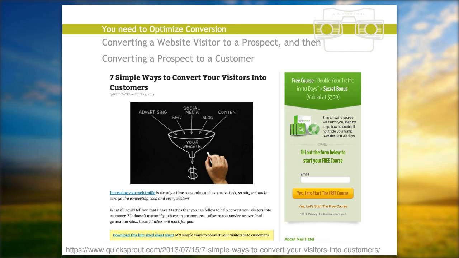So what you actually need before you start driving traffic to your website is to optimize for conversion. That might sound like a bit of a jargony term, but what it means is that you have a plan about how you're going to convert a website visitor from a visitor to a prospect, and then converting a prospect to a customer. And I think, Dorothy, that's what you were referring to. You're actually driving people to your website, but the question is, why aren't they converting or engaging with you at some level?